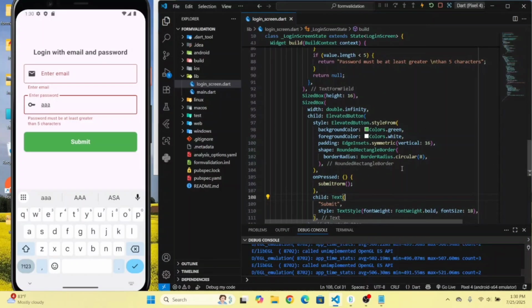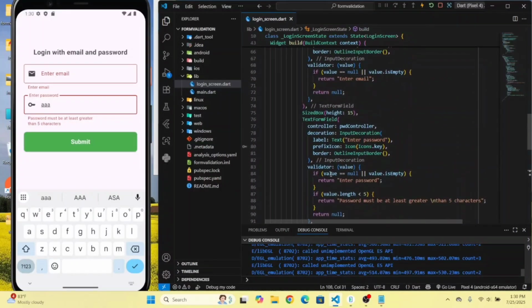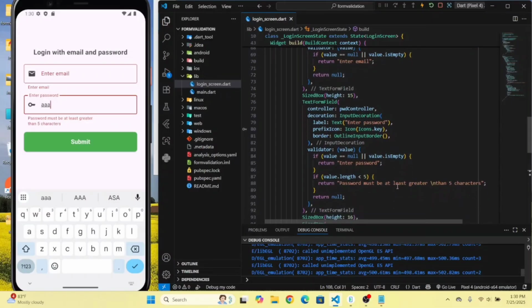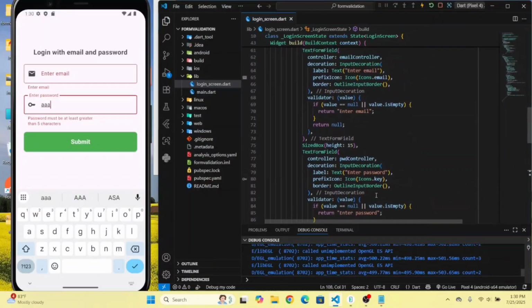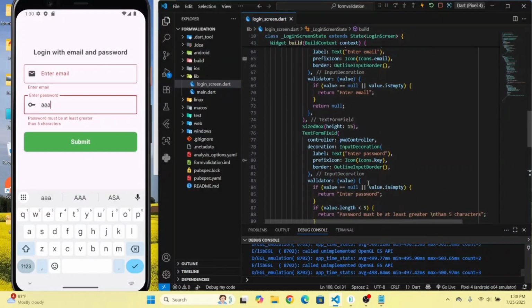Okay. So this value is what we typed here. Okay, and it's comparing whether it's null or empty, or whether it's less than 5. Okay, now